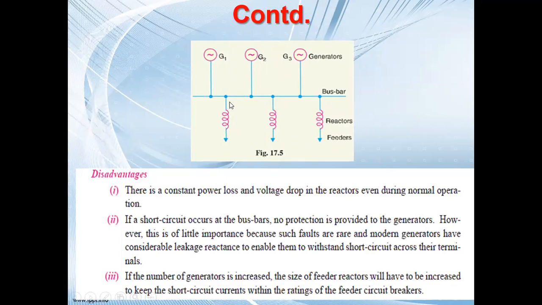If it is entering into the bus bar, then there is a chance that the fault current will flow into this feeder. But we are limiting the fault current here. So ultimately, what will happen? It is a kind of localized one. That means a particular feeder is responsible to limit the fault current, and thereby it is protecting the whole equipment, the generators as well as the bus bars as well as the other feeders.